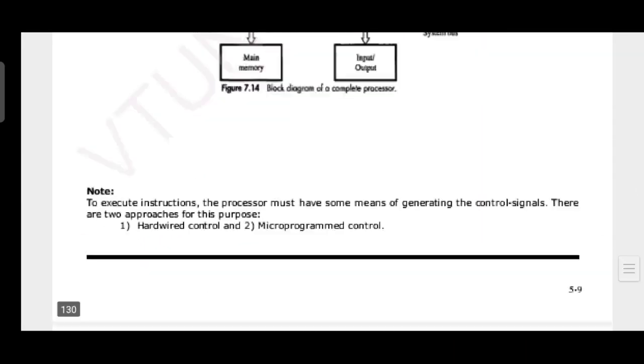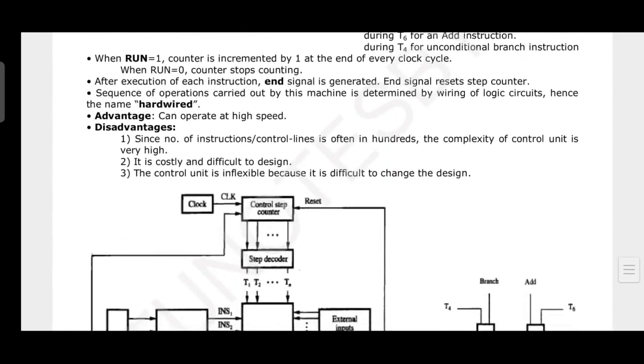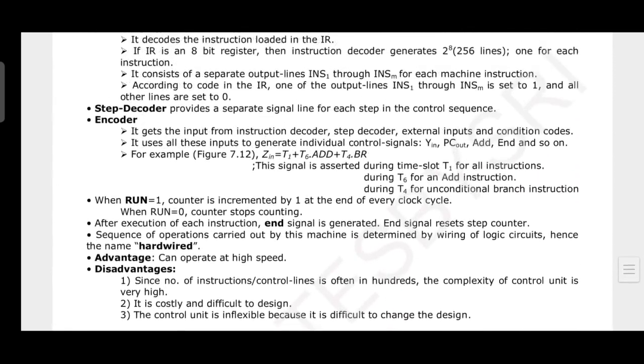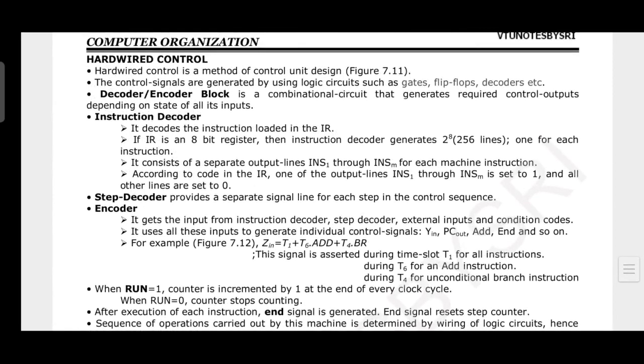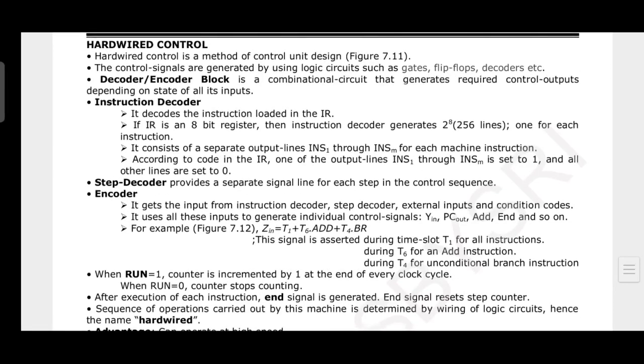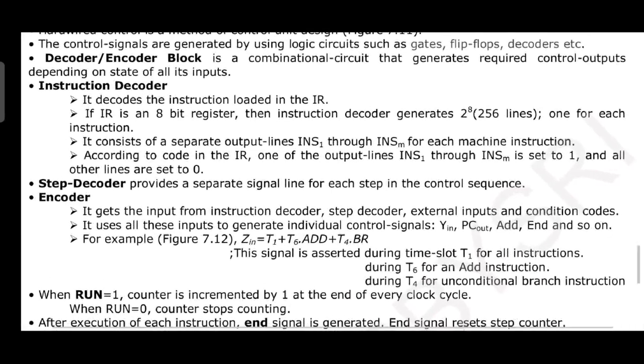Okay, very simple thing. Then we have hardwired control and microprogrammed control. So what is hardwired control? How do we generate the control signals, and why is this required? Hardwired or microprogrammed control, the question comes, right? So far we have discussed control signals like Z out, PC in, MDR out, IR in, then R1 out, R3 in, such type of control signals. How do we generate the control signals at appropriate stages?